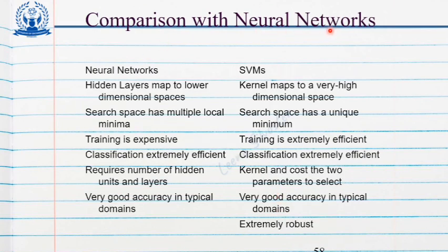So then comparison with a neural network. In neural network, hidden layers map to lower dimension spaces. In SVM, kernel maps to a very high dimension. In neural network, search space has multiple local minima. In SVM, search space has a unique minimum. In neural network, training is expensive. In SVM, training is extremely efficient. In neural network, classification is extremely efficient. In SVM, classification is extremely efficient. It requires number of hidden units and layers. Here we need cost and kernels. Very good accuracy in both cases. So this SVM is extremely robust. Actually, this question is also